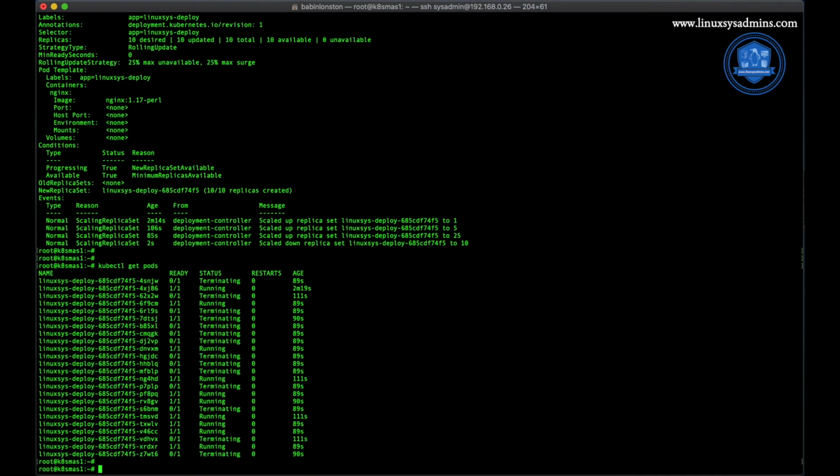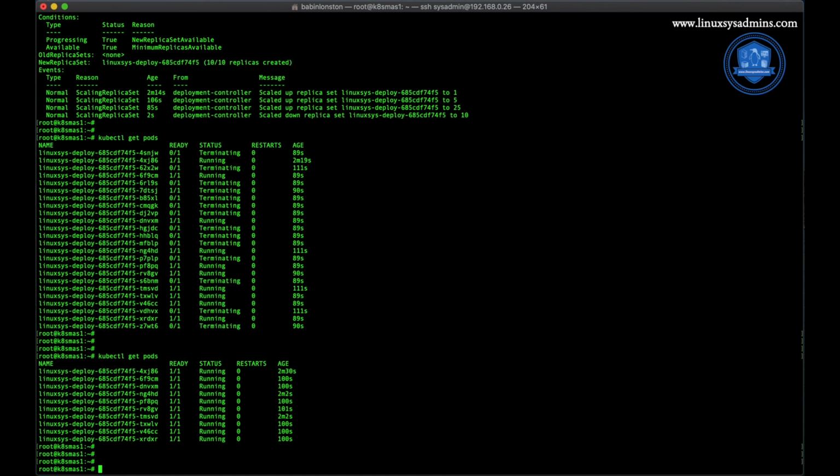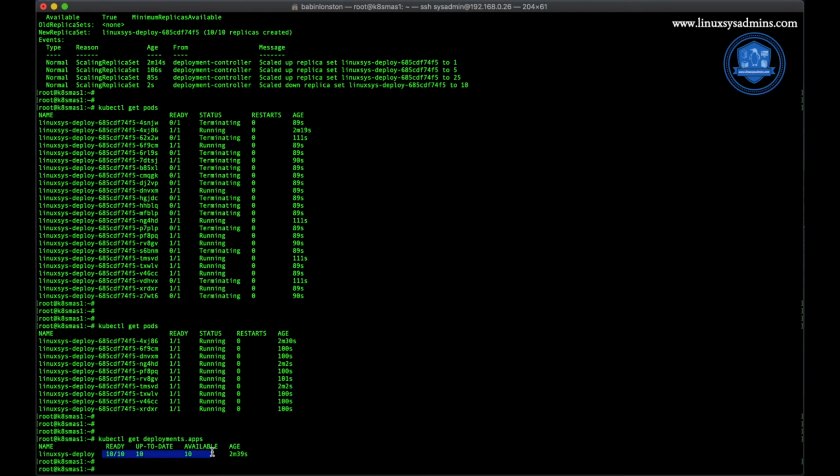If you run kubectl get pods, it is terminating the pods. Give it a few seconds. After that, if you hit it once again, it will keep the 10 pods and the remaining will be terminated. If you get the deployment, now it should show 10. Alright,